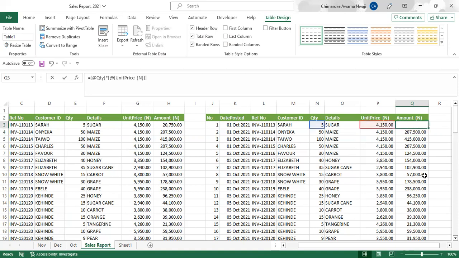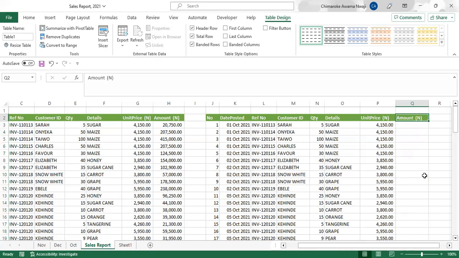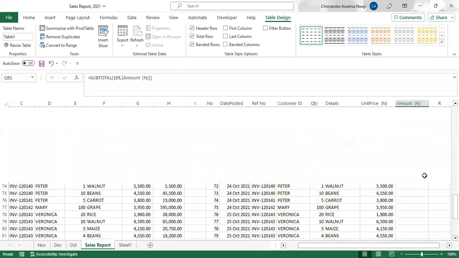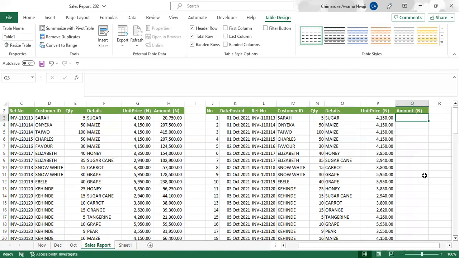All right, I will do this again. But before I do that, let me do something here. Let me remove all of these, and I will show you something that happens with a table. All right, I'll start again. Quantity